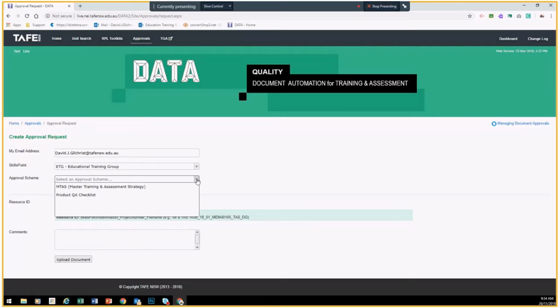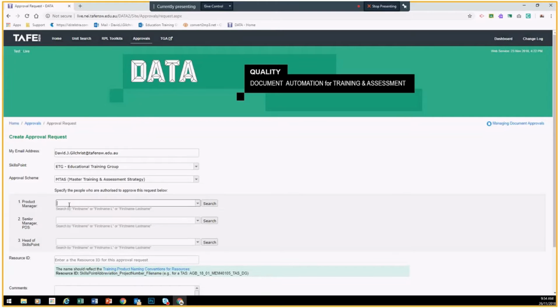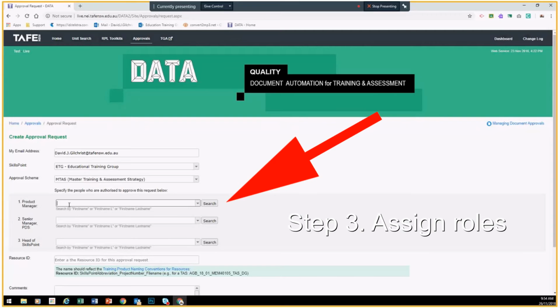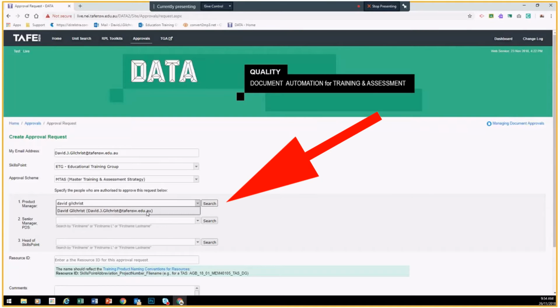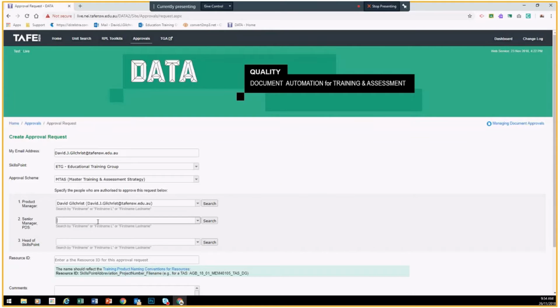Next thing I need to do is actually select the schema I want. In this case, it's the MTAS schema. Now I'm going to assign people to the different roles. In this case, I'm going to assign myself because I'm the product manager. So I'll just find myself in the system. There I am, and I'm going to assign Marcus as the